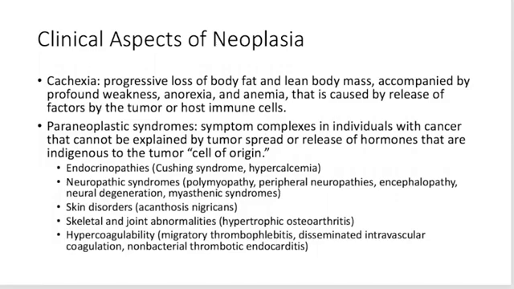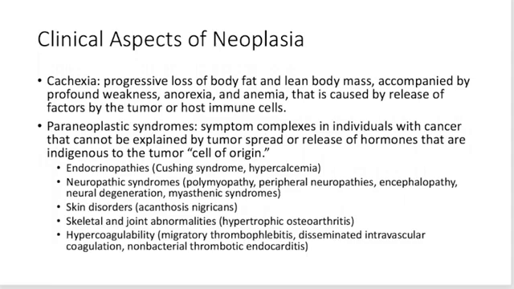Basically, cancer patients are hypermetabolic. There are issues with muscle wasting in addition to the loss of subcutaneous fat, especially the white adipose tissue. Then we have these paraneoplastic syndromes. These are complexes that are triggered by the cancer but are not caused by the direct local effects of the tumor mass. They are commonly caused by biologic substances released from the tumor, such as hormones, or by immune response triggered by the tumor.